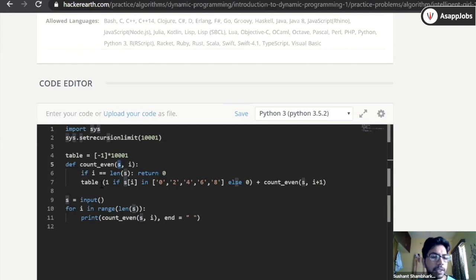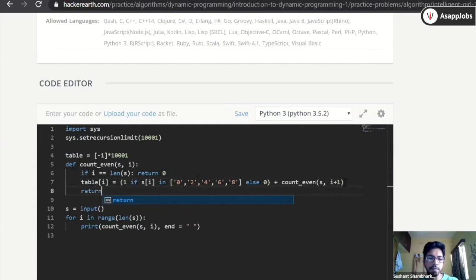So instead of returning this value, just fill that value in the table. The string will be the same; the only thing that is changing is the index. So in the index, write this value. You store the value in the table and now just return this value. Even though you are returning that value, the calculation of the table value comes before the returning of it, so you need to check whether that value in the table has already been calculated or not.